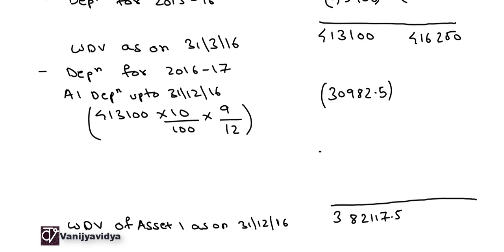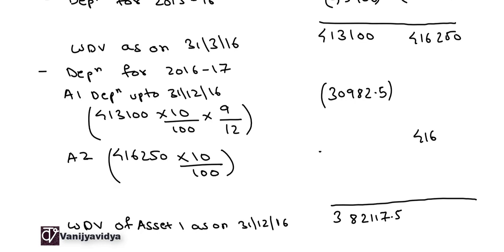Now let us calculate the depreciation for asset 2 also. So depreciation for asset 2, since asset 2 is used for the entire year, depreciation will be for all the 12 months. So 4,16,250 is the WDV into 10 divided by 100. So that comes to 41,625. So your WDV is